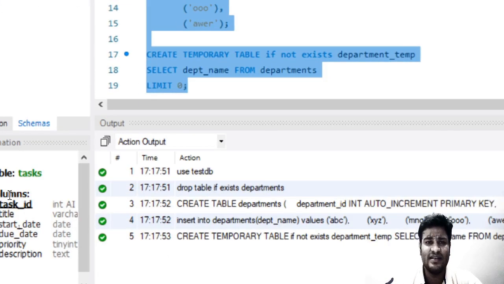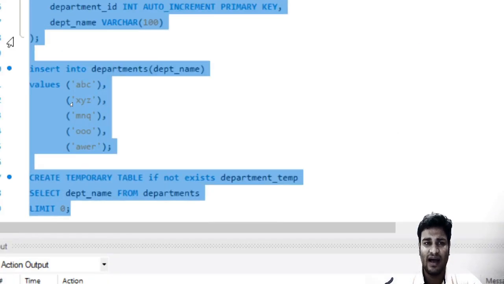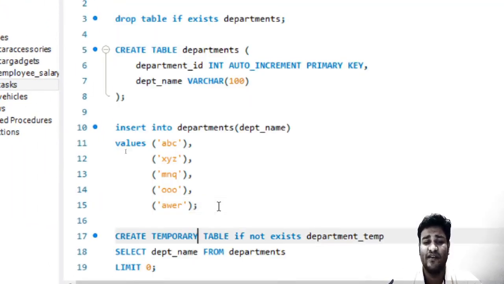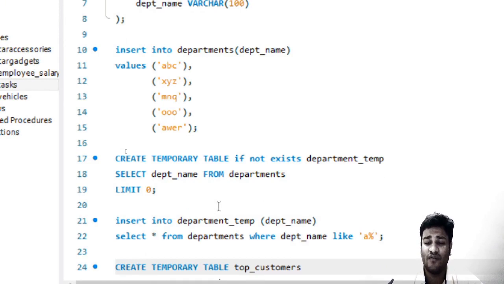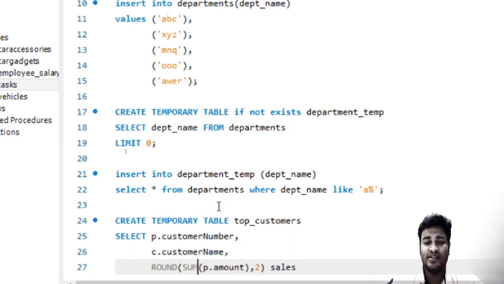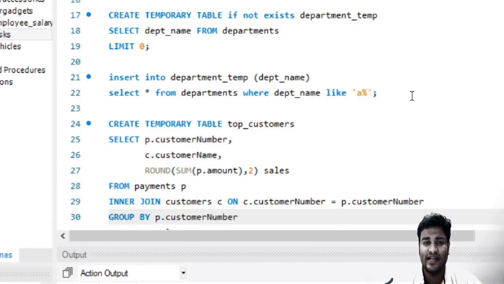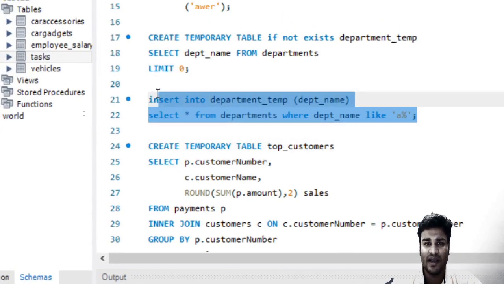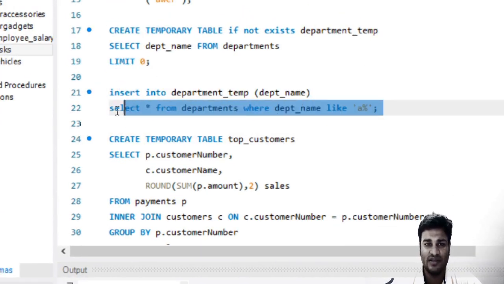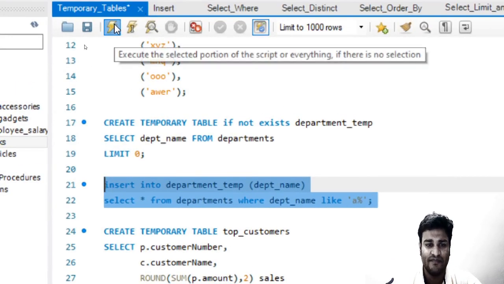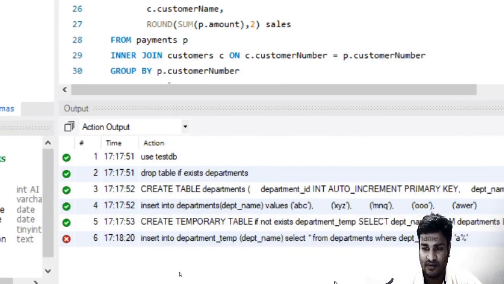This is a very simple concept, and otherwise the table and the temporary table for that specific user behave very similarly. As you work with a table, in a similar way you work with a temporary table. Now here we are inserting values inside the temporary table. Again, we can insert values using the select statement also. We will discuss this in the next chapter. So let me insert it.